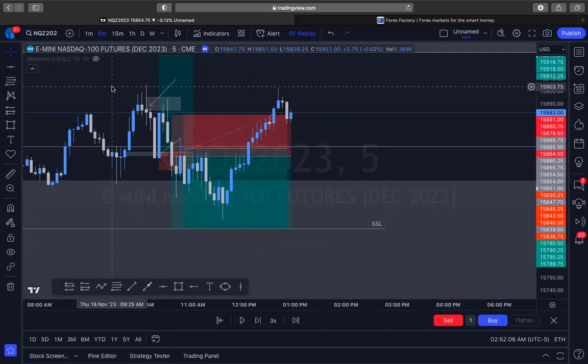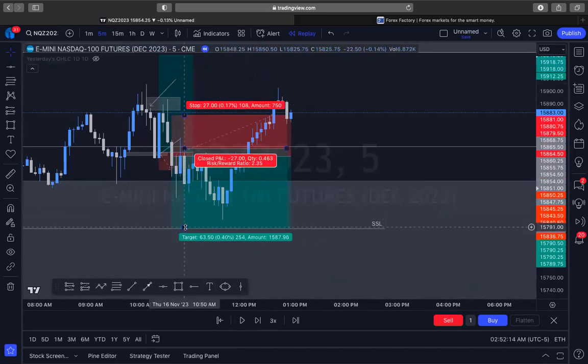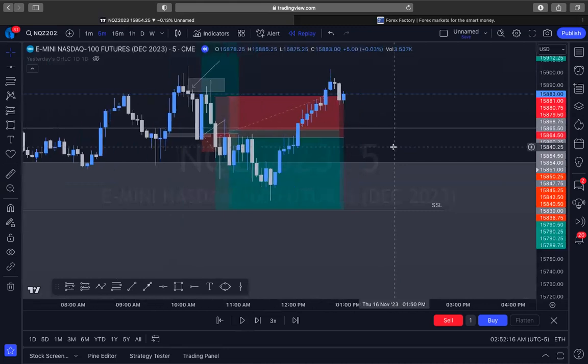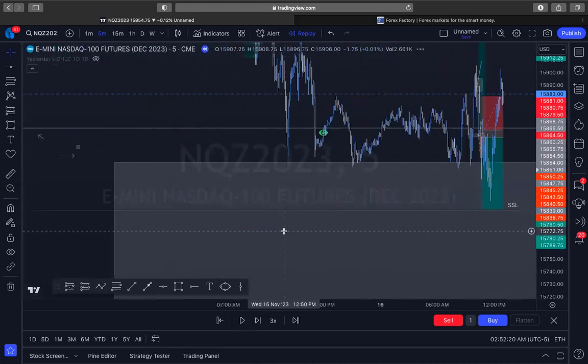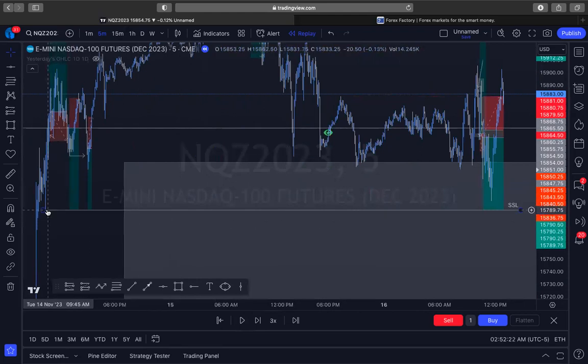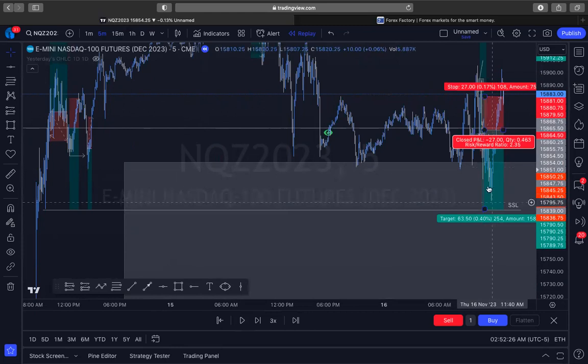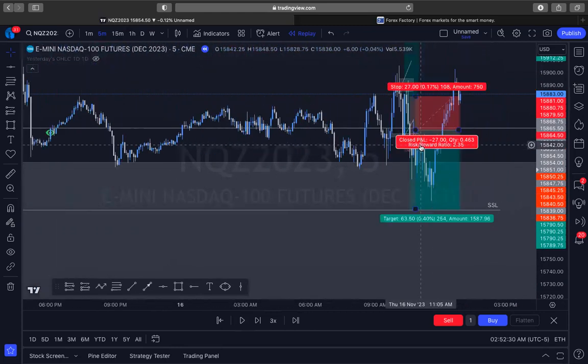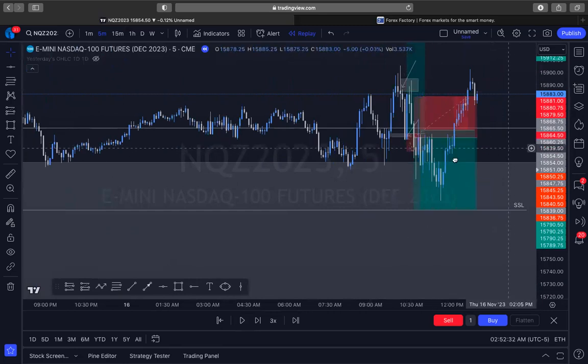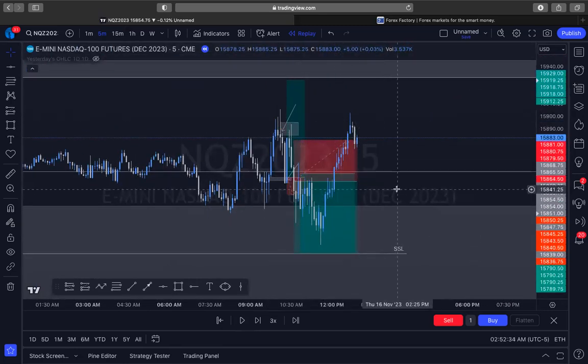So remember, this week, because we had a lot of news, we wanted to practice and keep the rule of sticking to a 1-to-1. If we had a 1-to-1, would it have played out? Absolutely, it would have played out. What was I targeting? This sell side liquidity right here, right there. That's what I was targeting, right? But because we have already tapped into this fair value gap, it could be permissible. And yes, because it is news week, we could have reversed.